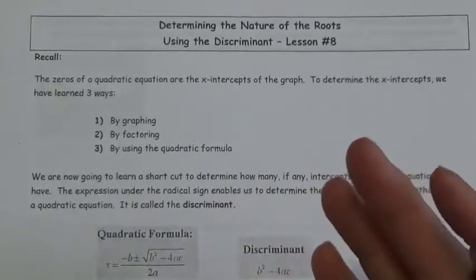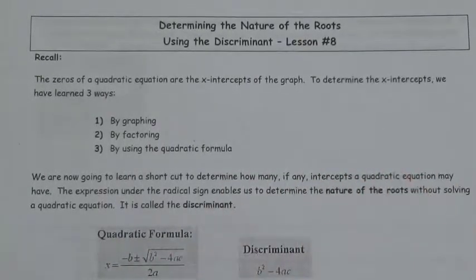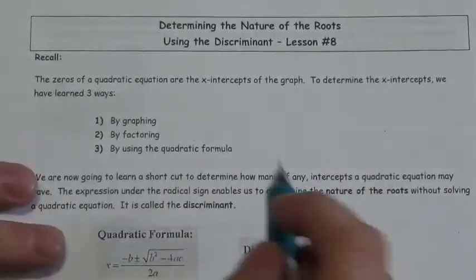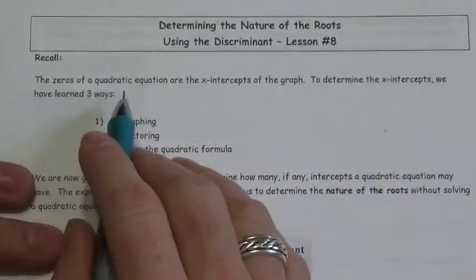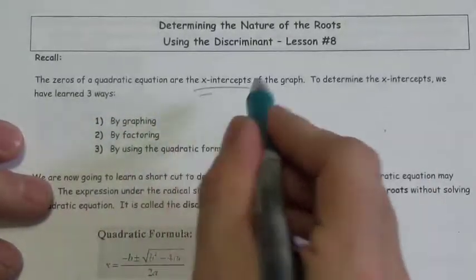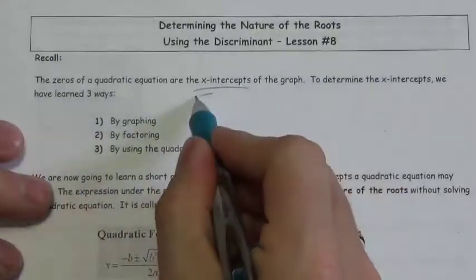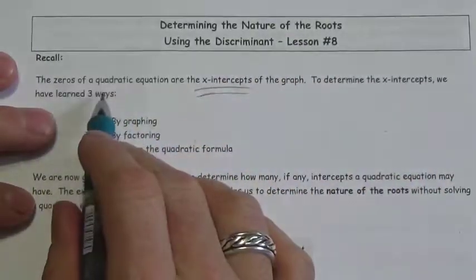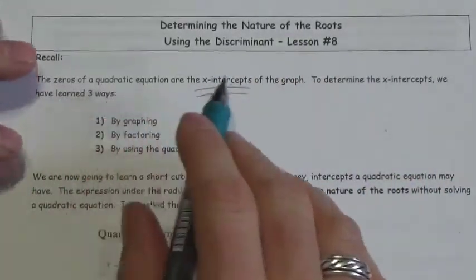And in fact, in the last lesson that we did, I tried to hint at the issue that we're going to address in this particular lesson here. So let's just take a look here. So the zeros of a quadratic equation are the x-intercepts of the graph. Okay, it's important that you make that connection, particularly now in this lesson here. Okay, so the roots of the equation, or the zeros of the function here, are going to be the x-intercepts